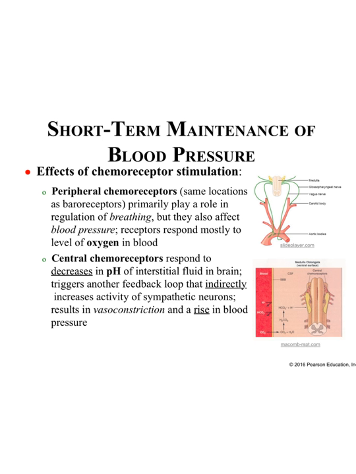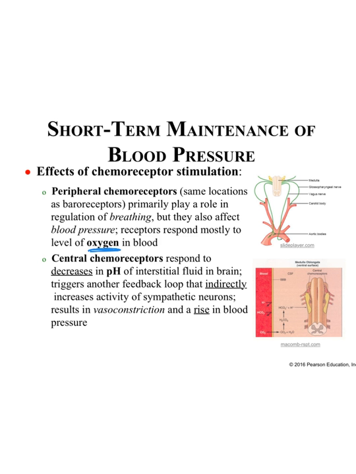Now, talking about chemoreceptors. Chemoreceptors are sensitive to chemical changes in the blood. The locations of these are the same place that we have baroreceptors, in the walls of the aorta and the carotid arteries. Peripheral chemoreceptors play a role in regulating breathing. They also can affect blood pressure. They're most sensitive to the levels of oxygen in the blood.